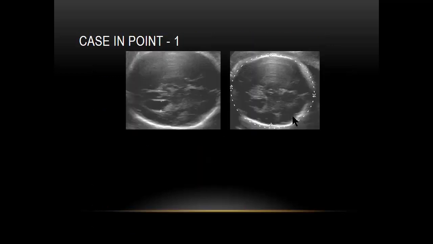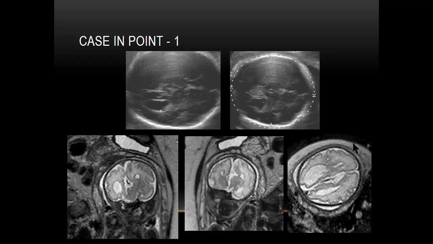So MRI is very helpful. This is a case in point. This is a patient who had hydrocephalus. You can see that it's very difficult to see intracranial structures because of the older gestational age. When we did an MRI, we saw the hydrocephalus, you can see the colpocephaly, absent corpus callosum. This was not seen on ultrasound. So the absent corpus callosum was the diagnosis in this particular patient, not seen on ultrasound, seen on MRI, very helpful to counsel